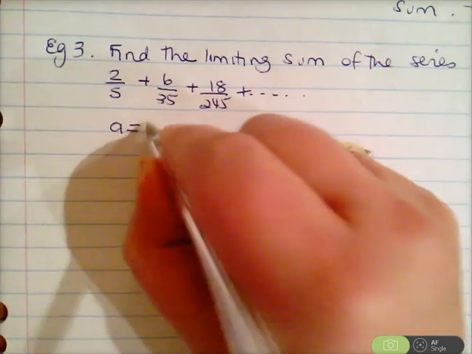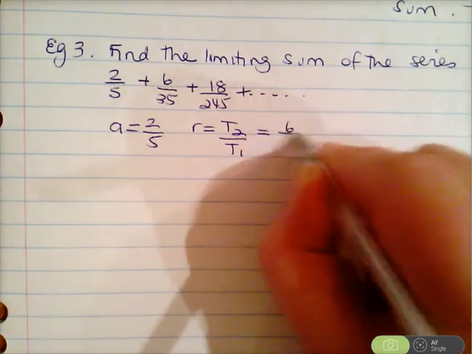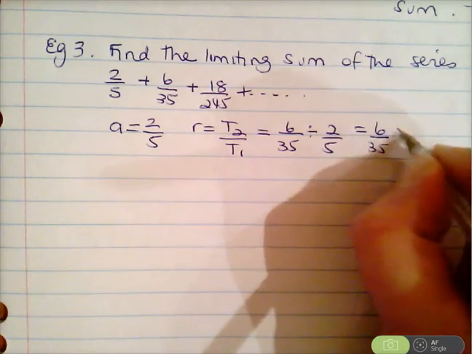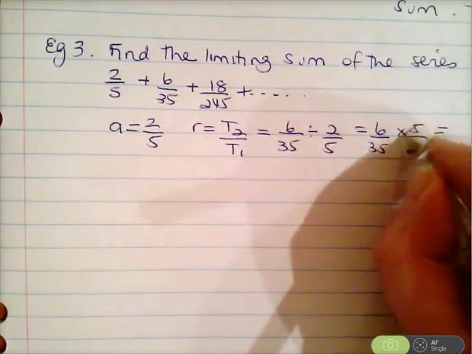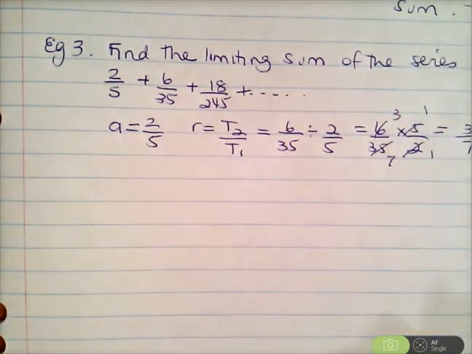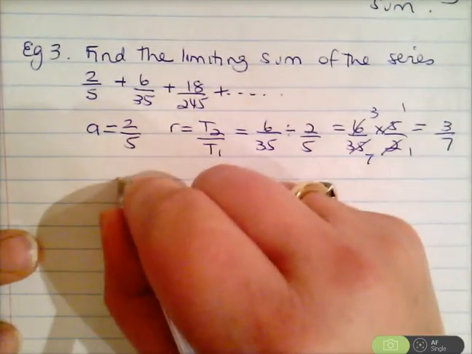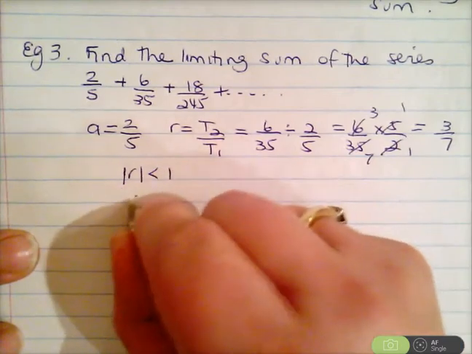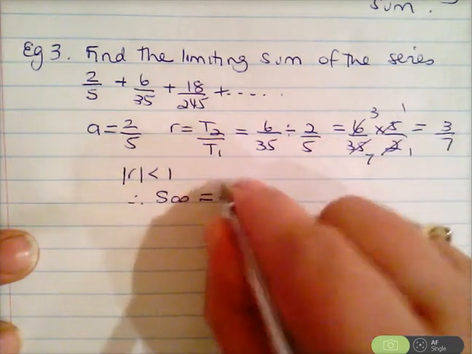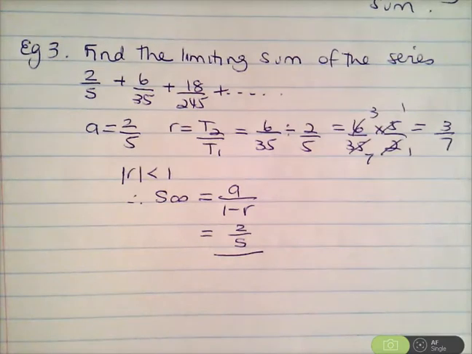So here we can see that a is 2/5 and r is term 2 divided by term 1, which is 6 over 35 divided by 2/5, which is 6 over 35 times 5 over 2. We can do some simplification here, and we get 3/7. So we know that the absolute value of r is less than 1, therefore we can do sum to infinity is a over 1 minus r. So that's a, which is 2/5, divided by